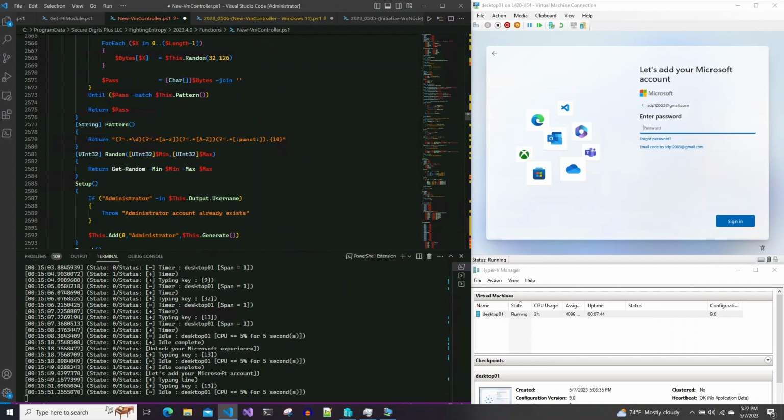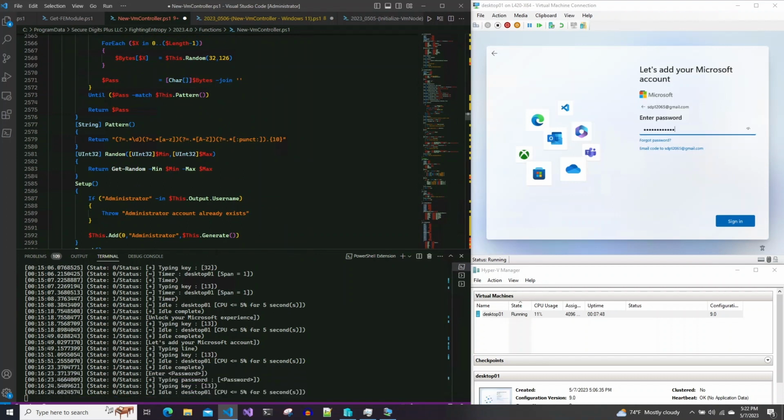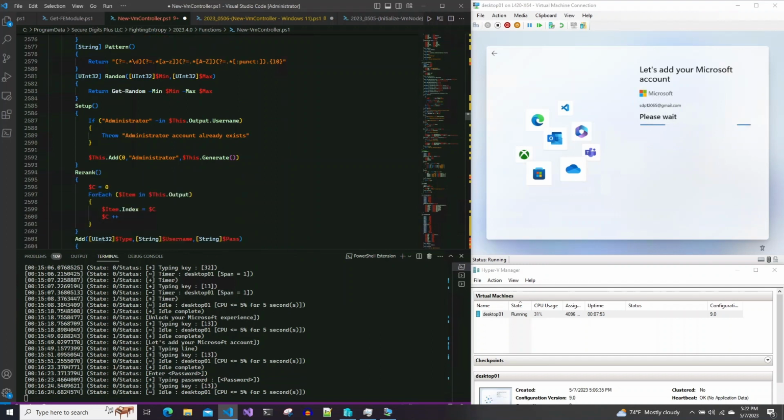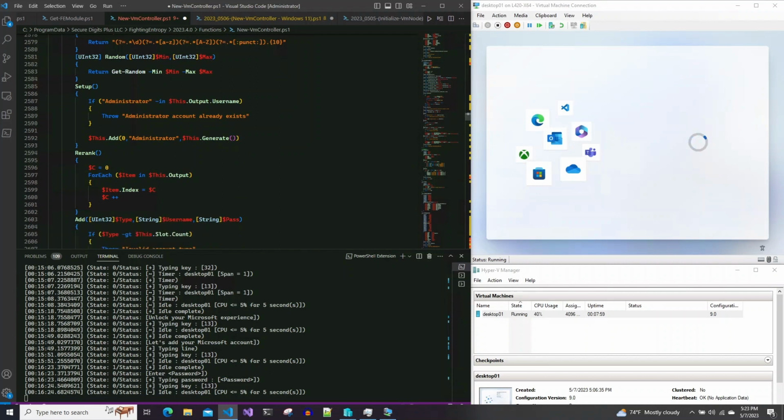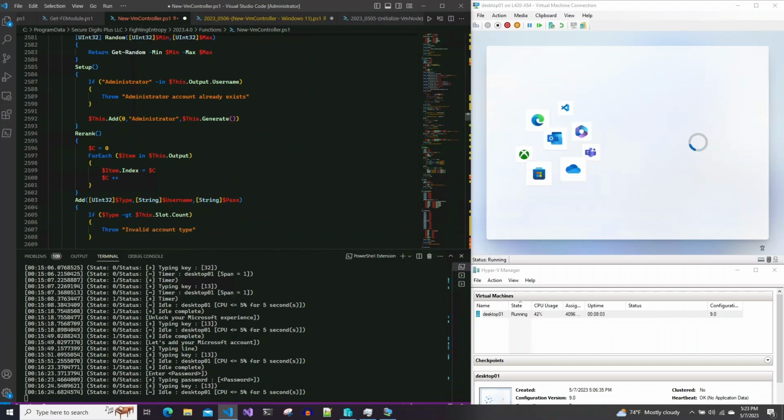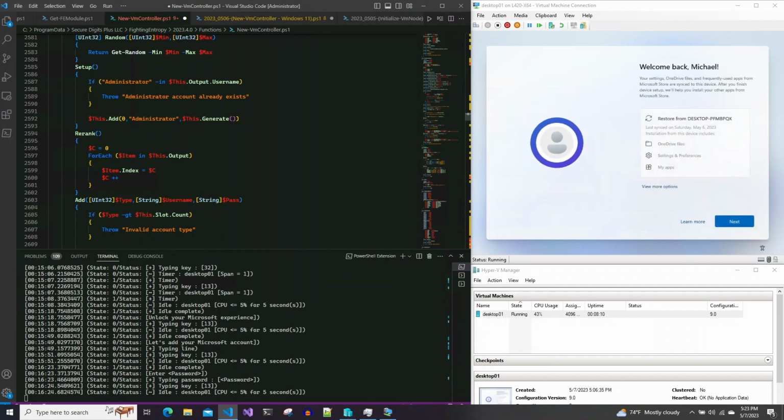Basically, a lot of the methods that I use in these classes, they're touching on an actual command, get random. It's going to get a random number between min and max, and then it's going to return that number. And then, with a number, you can get a character back. And also, the setup is basically setting up a default password, the administrator password that was there, or the administrator